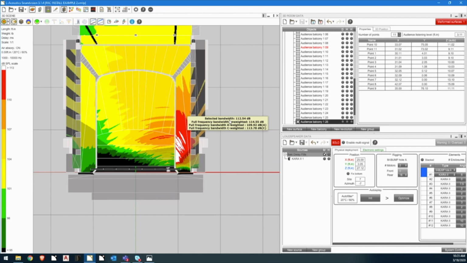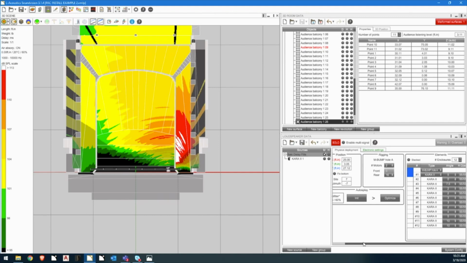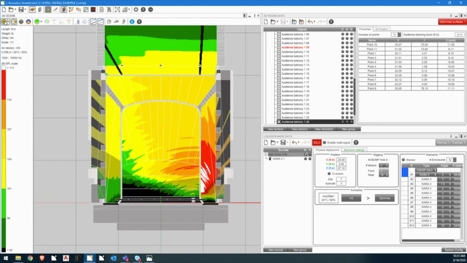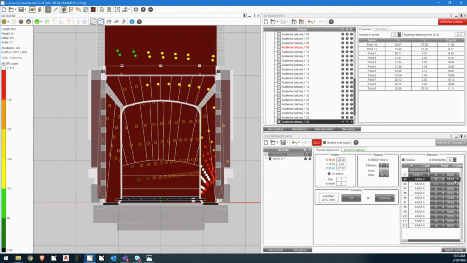So that's probably not a good solution. So what can we do about that? Well, luckily, the Cara 2 has these L fins, as we mentioned, which allows us to do some mechanical steering. So that's pretty helpful. The first thing I'm going to do is let's imagine that we steer everything 90 degrees to house right? So we're opening up towards the center of the house and trying to steer off the wall